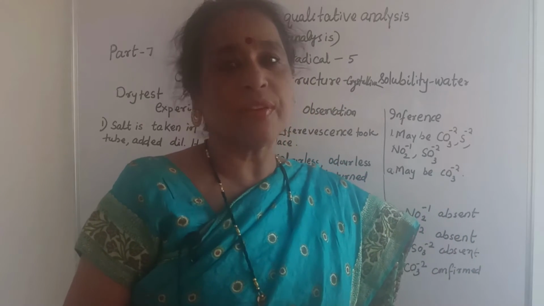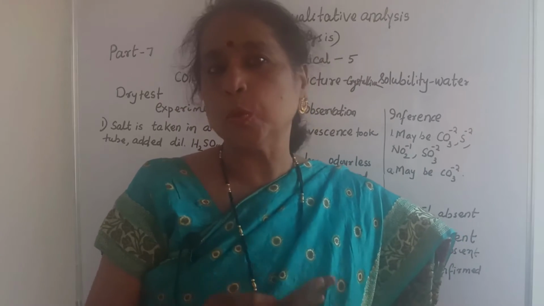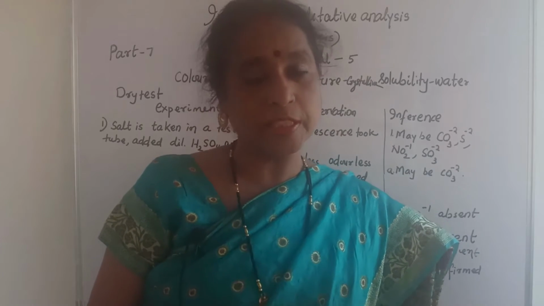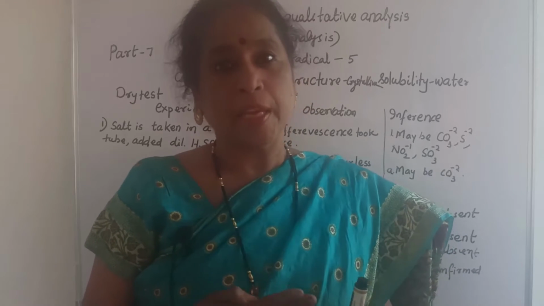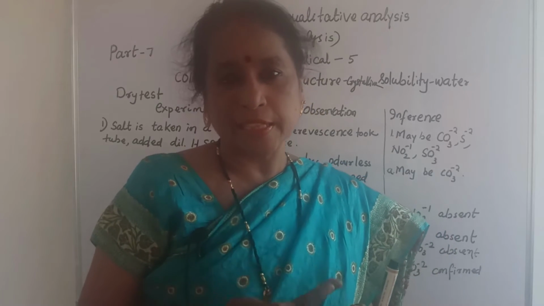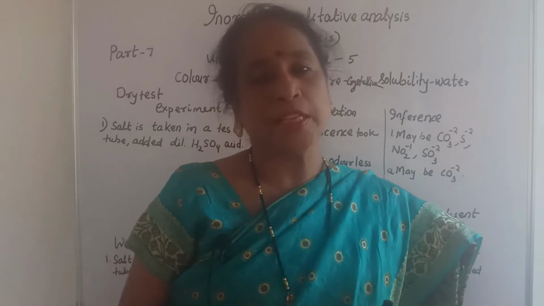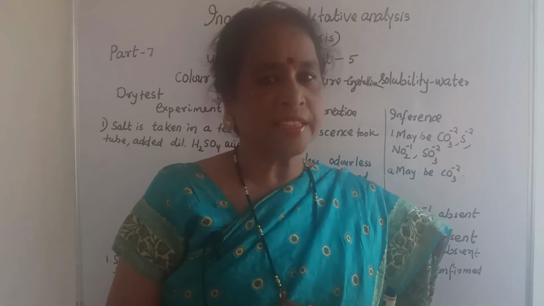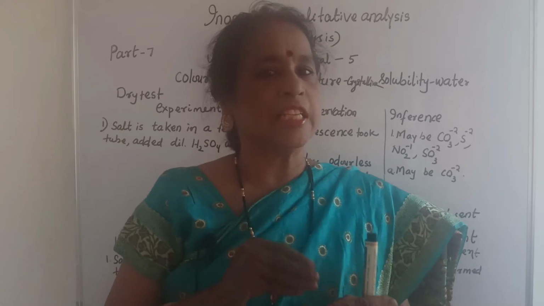If there is no sulfate, then you proceed to phosphate. Then one by one you proceed. If one is absent, you go to the next level. If one is present, that means you do the confirmatory test of that radical group. You may be sure by the color and observation, the effervescence, the smell of the gas, the color of the gas, and you can say this may be your radical. You are not sure, but maybe. Remember, in the dry test you should write maybe, and in the wet test or confirmatory test you should write confirmed.